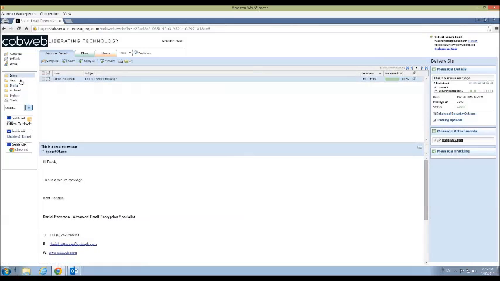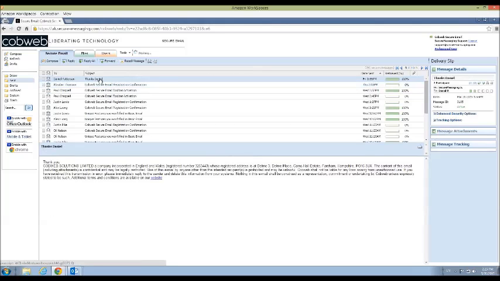Now, what about for messages that I've already sent? If I open up my sent folder, I can choose a message. I can see when the recipient has viewed this particular message over on the right-hand side on the delivery slip. I know if they've replied or forwarded this message. I also know if they've printed or if they've deleted this particular message. This has nothing to do with encryption or security. This is simply a productivity benefit of the platform, allowing you to have a fully transparent picture of what is happening to messages after they leave your mail environment.